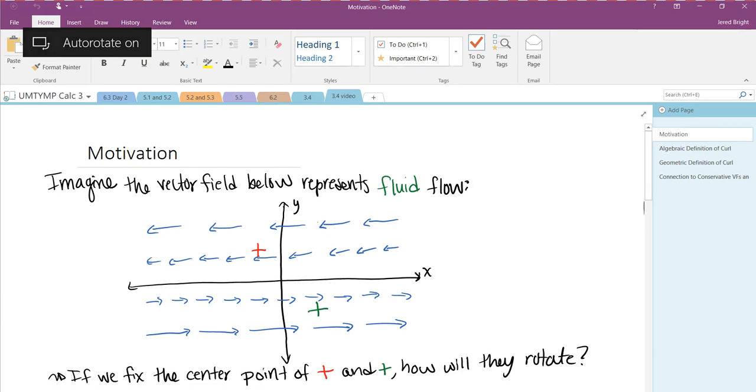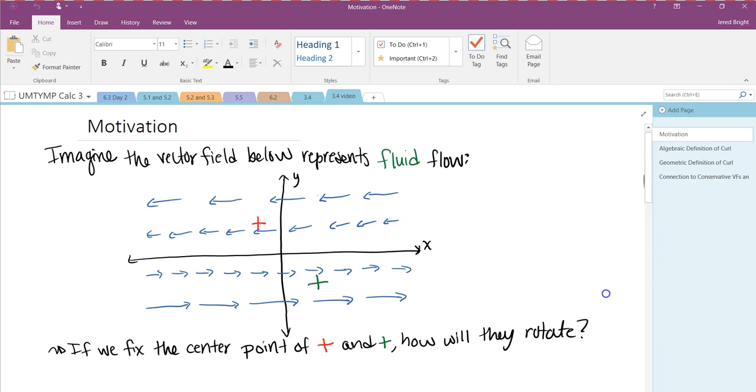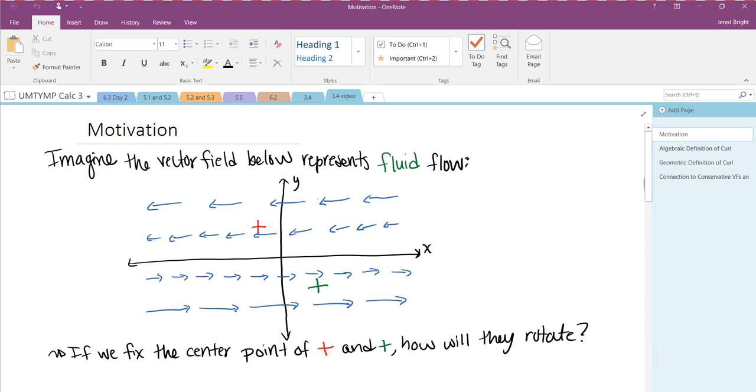Alright, welcome to videos for this week. We're going to discuss curl, something that we've kind of already talked about way back in Calc 2 at some point. But we're going to look at it more in 3 dimensions now and also think about the physical context too. So just as a warm-up here, I want you to think about this vector field here